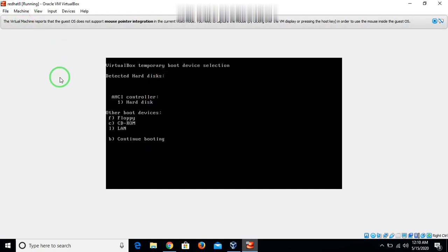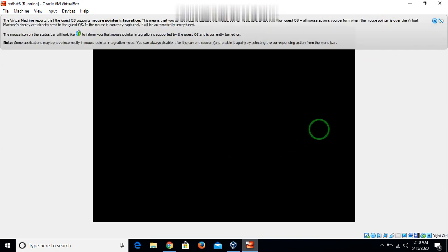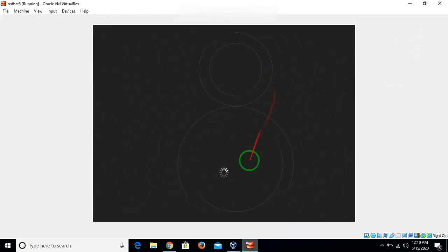So I'm going with pressing 1 to reboot and boot my Red Hat from the hard drive. It's going to be right now. So just wait, my OS is installing. You can see my OS is rebooting.